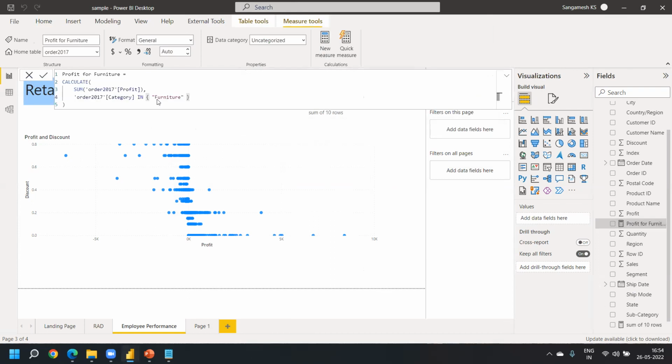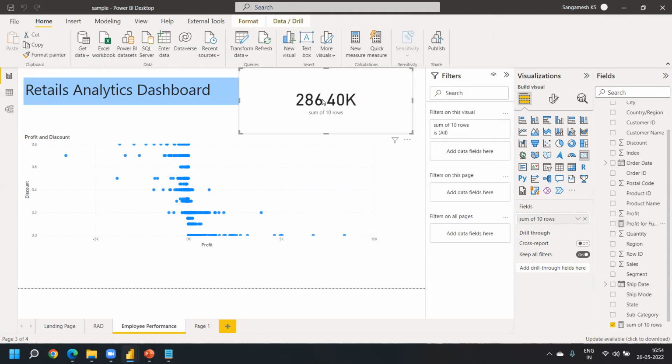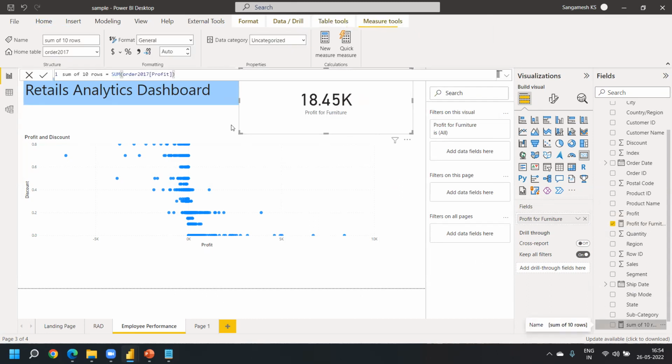यहाँ पे देखिए प्रॉफिट बाय फर्नीचर, ये जो फर्नीचर है, इसको मैं कॉपी कर दूंगा, और कॉपी करके जो मेरा पहला वाला डैक्स था, उसके ऊपर इसको चिपका देता हूँ। यहाँ पे देखिए, राइट नाउ इट इज 18.45। तो इसको हम लोग इसमें भी कर सकते हैं।